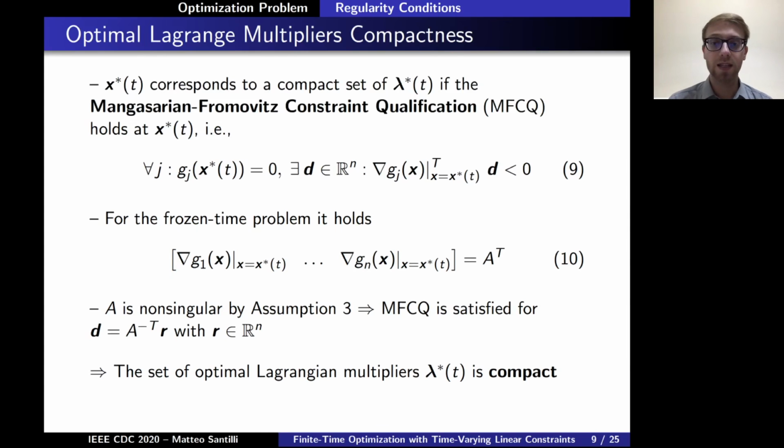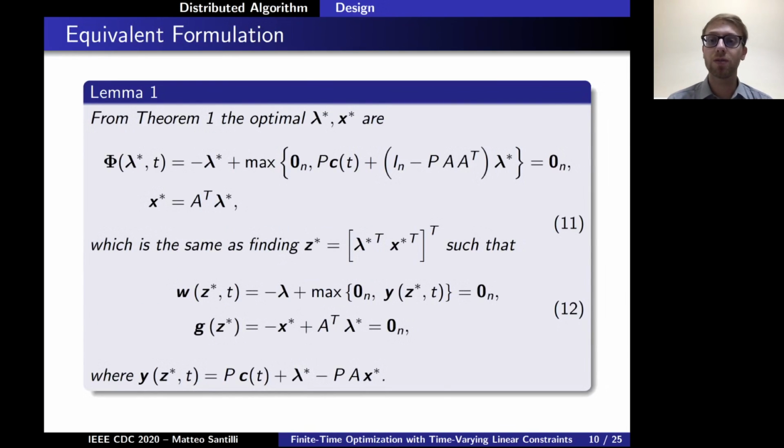In our case, indeed it does, because the gradient with respect to the inequality constraint g is A transpose. And the fact that A is non-singular allows us to derive a vector d of this form that satisfies the Mangasarian-Fromovitz constraint qualification. And so the set of optimal Lagrangian multipliers is compact. To design the algorithm, we prefer to rewrite the formulation in an equivalent form, the one illustrated here in Lemma 1, meaning that the optimal lambda star and x star that are described by equation 11, so Theorem 1, are equivalent to finding a vector z star that stacks lambda and x,